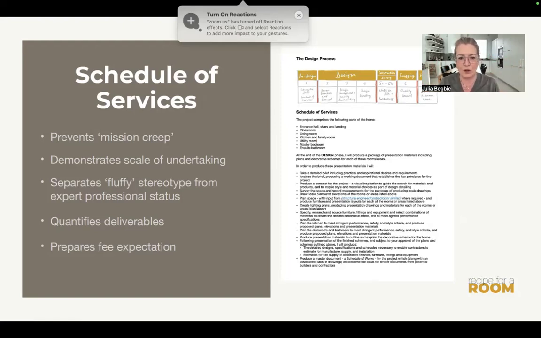There's work involved underneath. It separates the fluffy stereotype of the interior designer from expert professional status. It quantifies the deliverables, because there is a contract on this, and you need to deliver the things that you say you're going to deliver within the contract. And at this point, your client probably realizes that there's going to be a reasonable fee attached to this volume